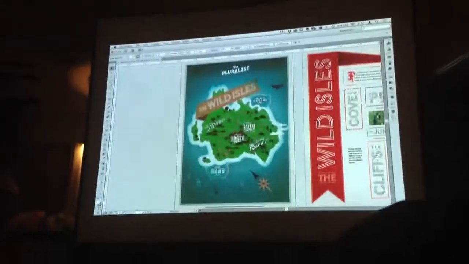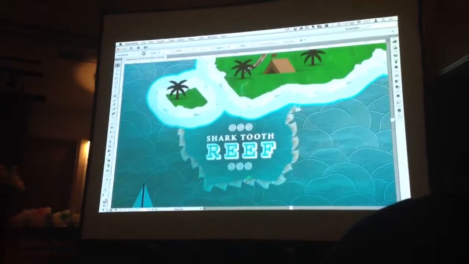in Illustrator CC. So I have to have some more of this stuff, okay? Because